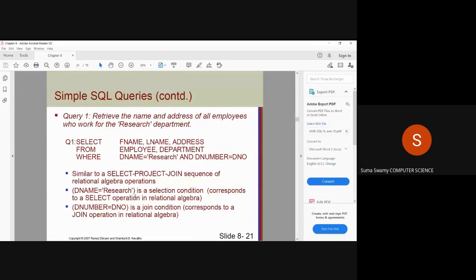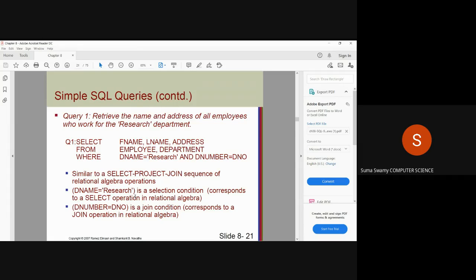DNO is there or not? Yes, ma'am. DNO is there in the employee table, isn't it? So the linking attribute between department and employee is DNO. And in the department table, which attribute will you show in the UML diagram? D number and D name.